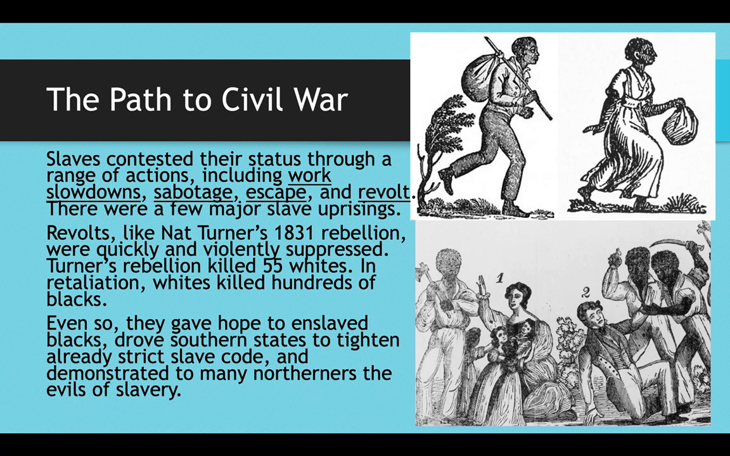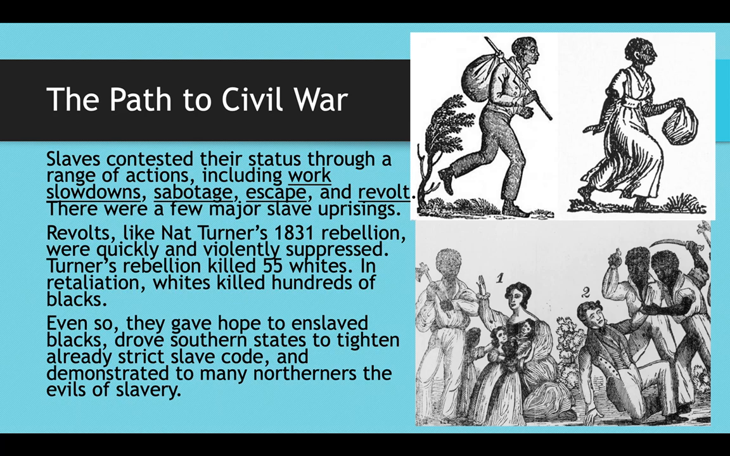Even though the rebellions were never fully successful, they did sometimes give hope to enslaved blacks because it drove southern states to tighten an already strict slave code, but it also showed black people that the example had been set, and maybe next time it would be successful. But these revolts, in addition to giving hope to black people and causing southern whites to tighten their grip on slaves,